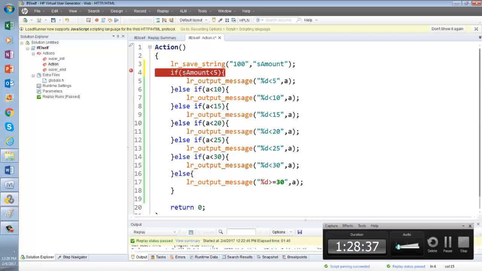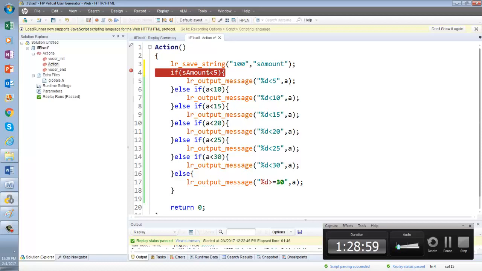No. So whenever something is in a parameter, what will you have to do? You want to do a comparison, but the value is in a parameter.